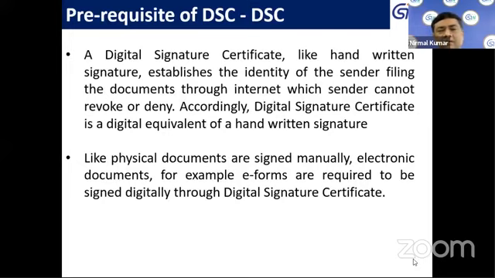Now the question is, what is a digital signature certificate? A digital signature certificate is the equivalent of a handwritten signature which establishes the identity of the sender filing the documents. Like physical documents are signed manually, electronic documents, for example, e-forms, are required to be signed digitally. Let me give you an example. A digital signature certificate is more secure than a normal signature because when you sign the electronic forms, the data that is stored in the electronic forms is encrypted and